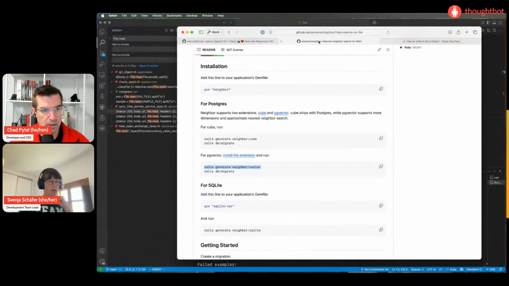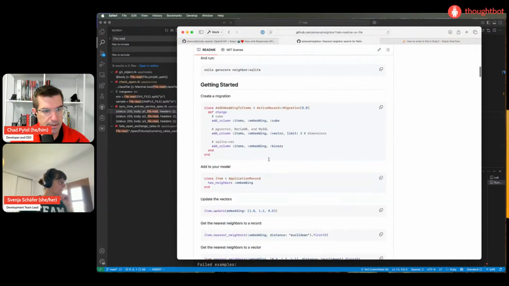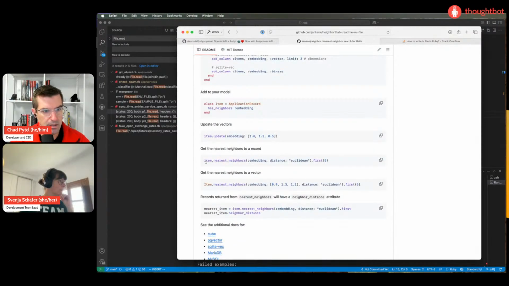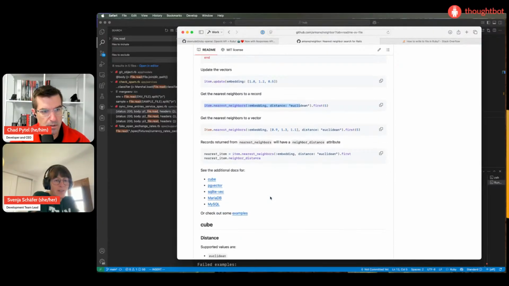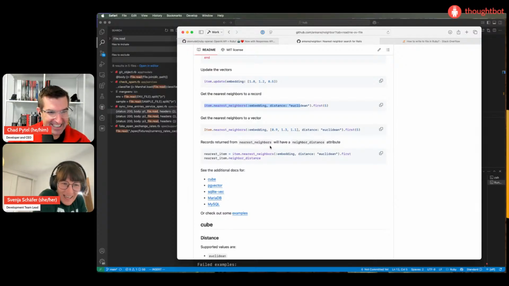So if we go over to this, it has nearest neighbors, and then all these words that I can't and will never be able to pronounce. Euclidean? What? How?